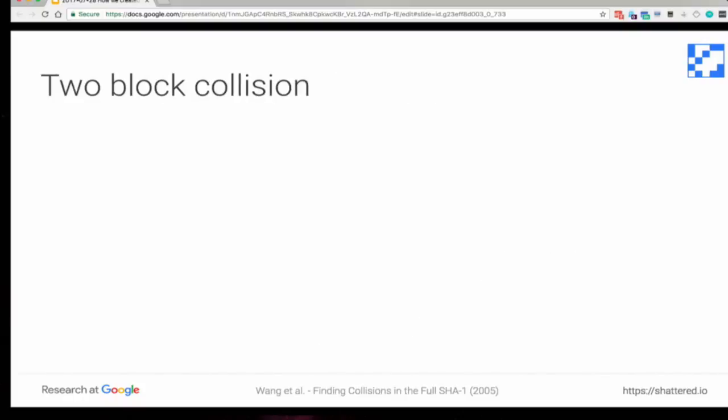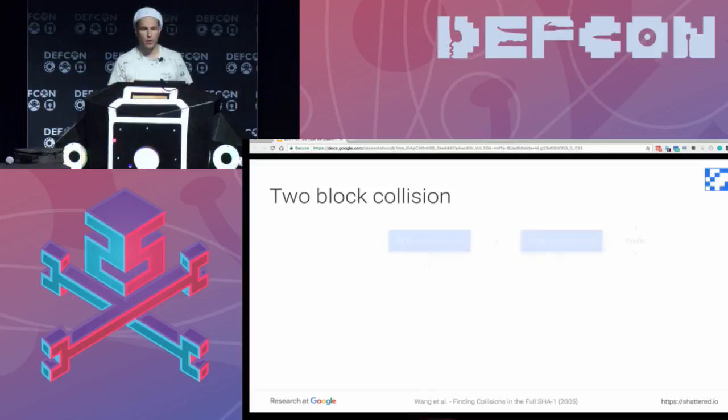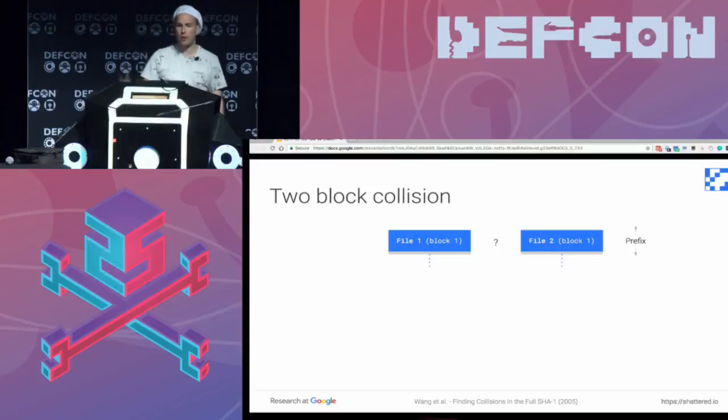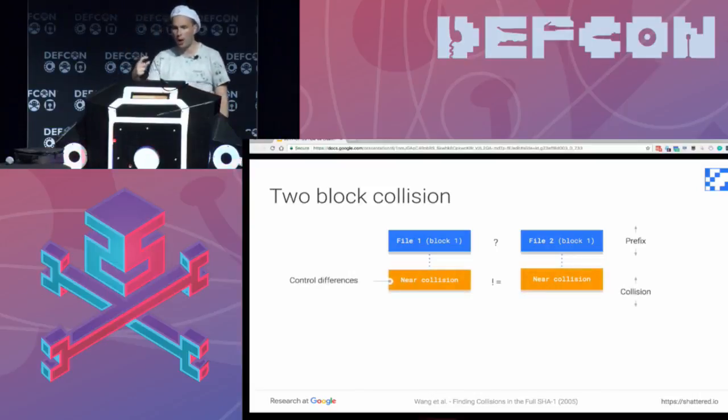So how do you create a collision? Well, we use the idea from Wang, which is the idea of using two blocks. You have the beginning of the file, which we call the prefix, and this is whatever you want. And then we have a first block, which we call a near collision. So what is a near collision? A near collision is two blocks which are very close to each other, for a definition of closeness. Basically imagine that those two are a good candidate, and they are different, but they are sufficiently close that